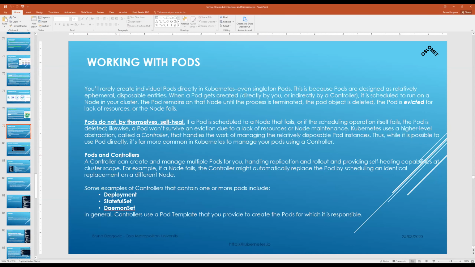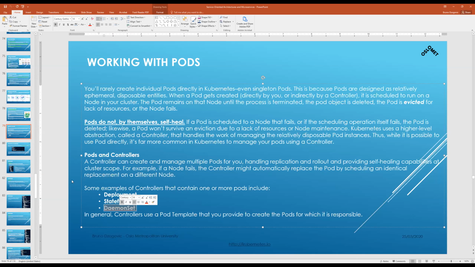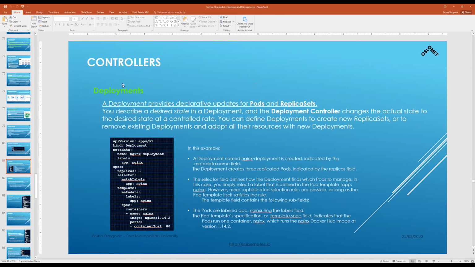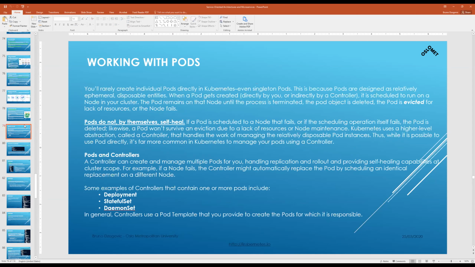So about the pods and controllers, this is something best explainable in practice, but you need to know just the most important parts. What is a deployment, what is a stateful set, and what is daemon set. I will talk about this later. What is deployments, daemon set, and stateful sets. So this is the most important thing for you to understand. After this, it will be very, very easy to deploy clusters and work basic stuff.